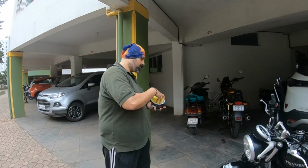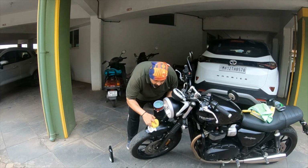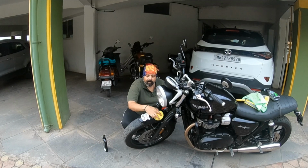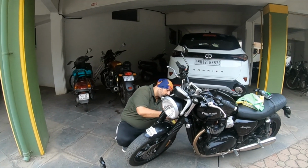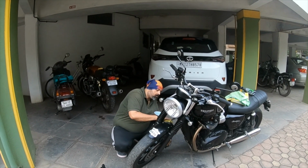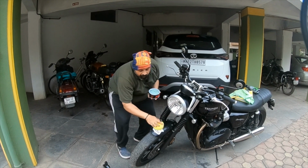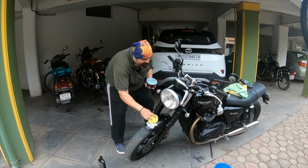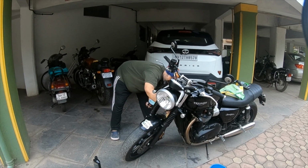Okay. Applying the Soft99. This is a typical wax. It's not ceramic, nothing to do with ceramic, but it's a phenomenal product. I'm just using the applicator and applying it. We'll allow it to dry, then we'll clean it off. I bet we're going to get a better result than the ceramic. I'm not sure, but